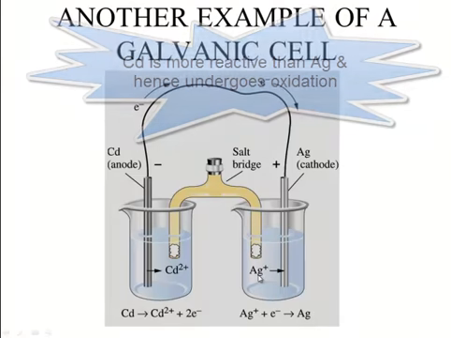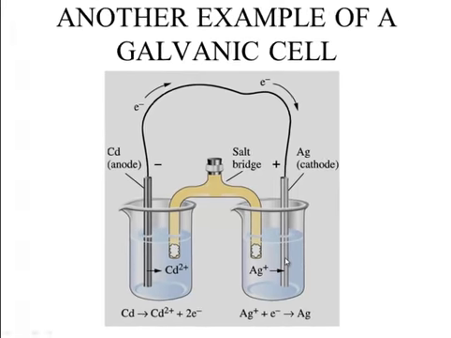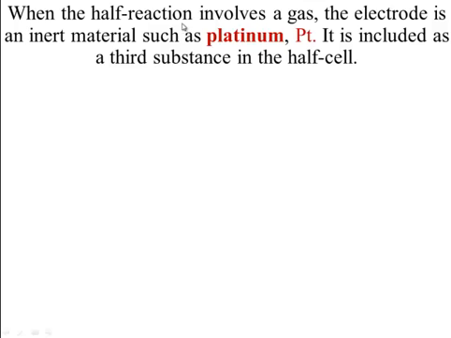Whereas if silver ions would be undergoing reduction, then we can write the reaction as Ag+ plus e-, giving you Ag. So Ag+ ions will go to the rod from the solution, borrow one electron, become silver atom and get deposited on the rod. In that case, since the rod would be losing an electron, the rod would tend to become positive. Now, if the electrodes or the half cells involve a gas as a reactant, then the gas is